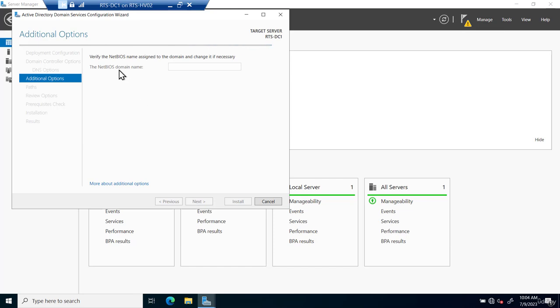Then it thinks for a moment and it brings up this NetBIOS. This is going to just be your domain name without the extension, but it's going to auto-populate. So ours will just be RTS Networking. It just does not have the .local on it. If we go next,